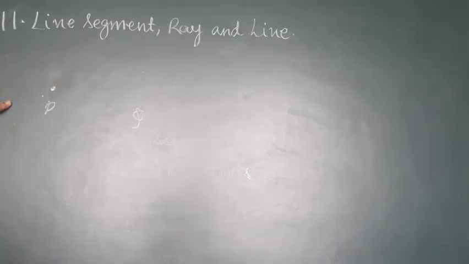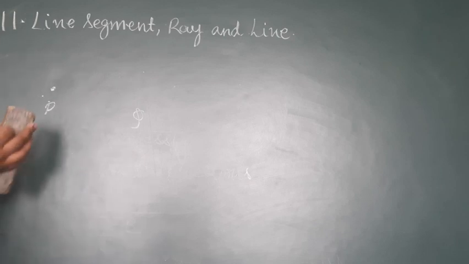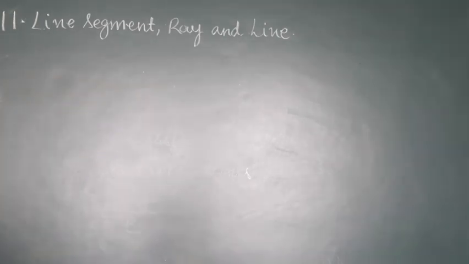A point represents a position. It is a mark of a position of a line segment, or of a ray. It can be the starting point of a ray also, because a ray has one end point. Now, I also want to discuss collinear points. What are collinear points? Collinear points are the points which lie on the same line. Three or more points in a plane are said to be collinear if they all lie on the same line.